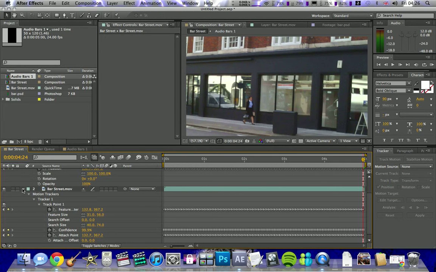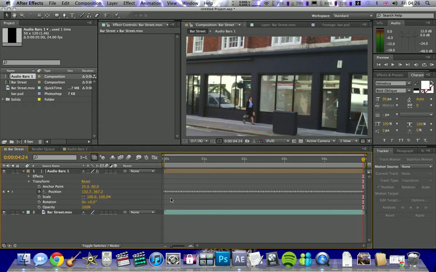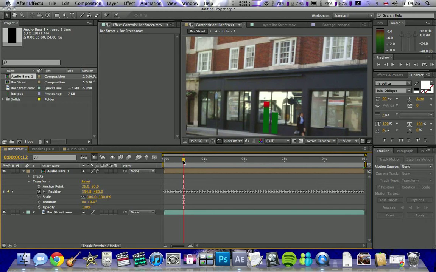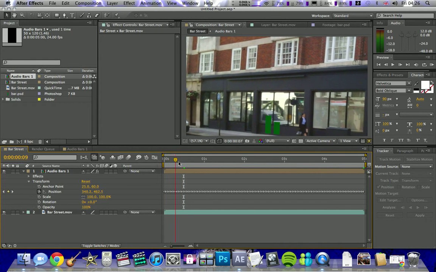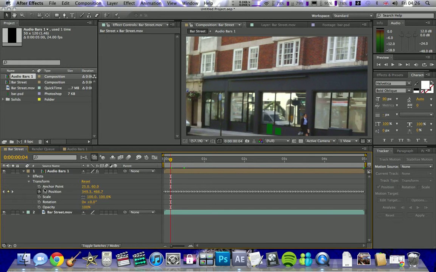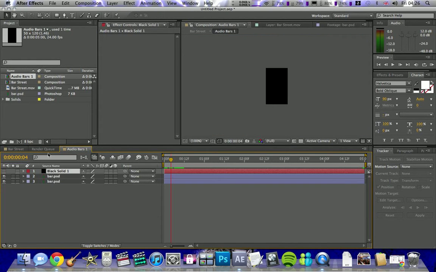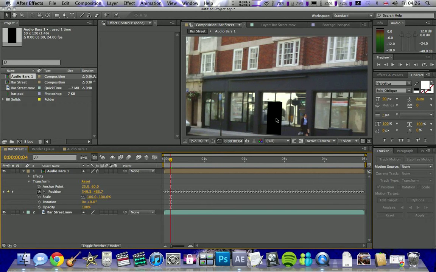Then it should be done. You should see a different position. Sometimes it does that because I didn't change the anchor point instead of position. So what I'm going to do is just make that visible again. You can see it's missed it a bit. So if I go back to the beginning,